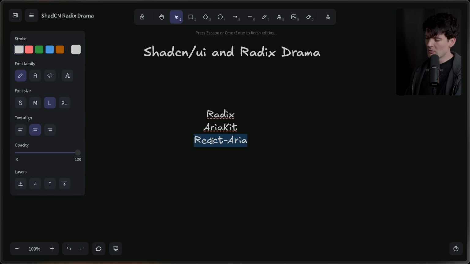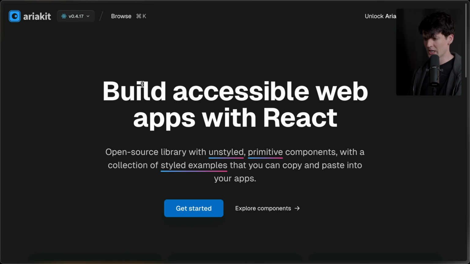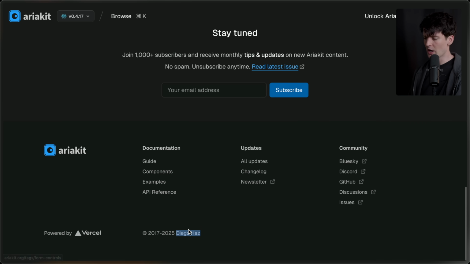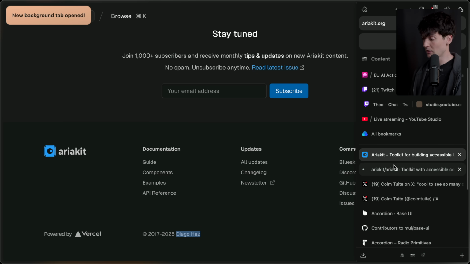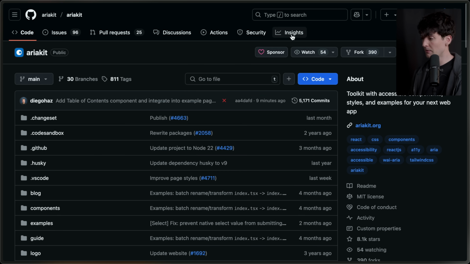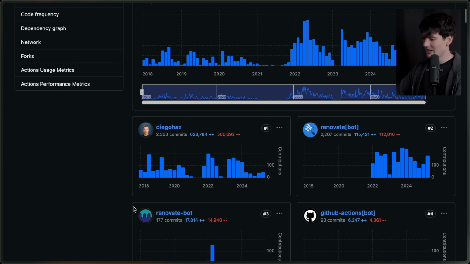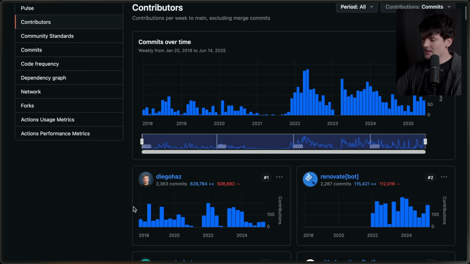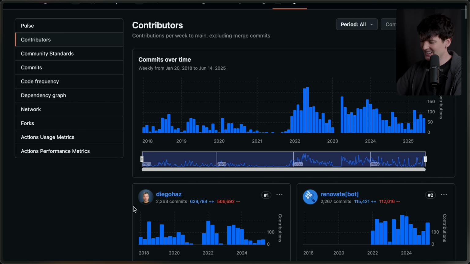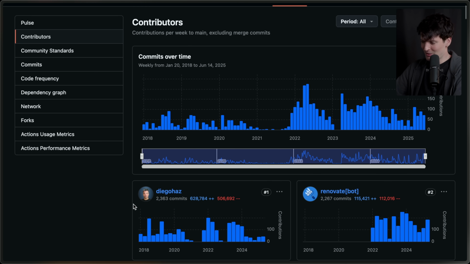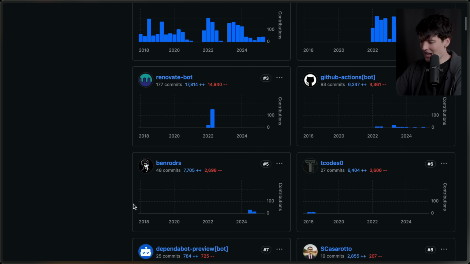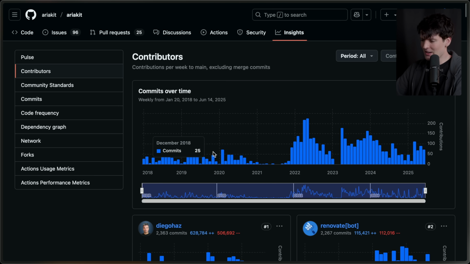React Aria is by Adobe, and it's very well maintained because Adobe makes it. AriaKit is really, really cool as well. Diego's working on it, if I recall, largely solo, like does the majority of the work himself. Even now, he is the most recent commit. If we look in contributors, yeah, this is Diego slaving over it. And RenovateBot seems to be doing pretty well too, but Diego's working his ass off to make AriaKit really, really